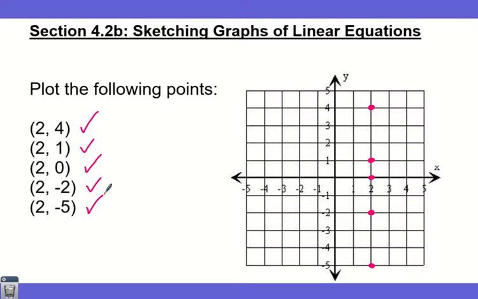Now, if I were to connect these points for like a full graph of a line, that line is vertical. And what would the equation look like for a vertical line? You don't need to write this down necessarily, but